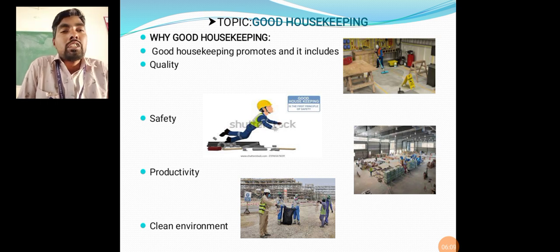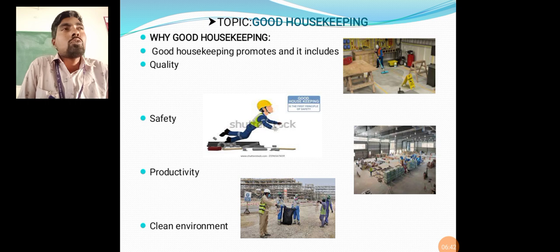So like that, productivity is about whether we reach the target or not. For example, by the end of this month we must produce 100 kgs of rice bags. Whether we are reaching that or not, the materials must be kept one by one in a very neat order and in a countable, calculated manner, so we can simply identify it. Whether we reach productivity by the end of the month or the end of the day, that calculation is required.